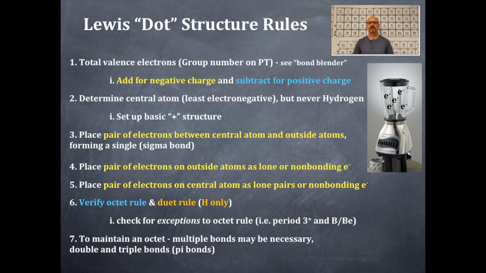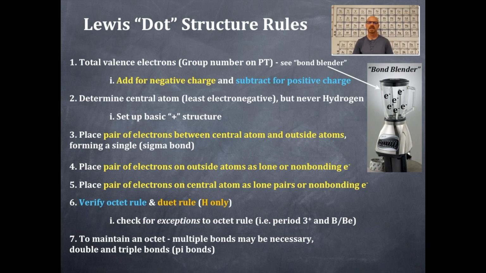Number 7, we're going to maintain an octet, and we might have to use multiple bonds. That is, we might have to use double bonds or triple bonds in order to maintain an octet. Okay? Hopefully you see that bond blender in that lower right-hand corner, and we're basically going to place all our electrons in there and add electrons to our bond blender, shake it all about,